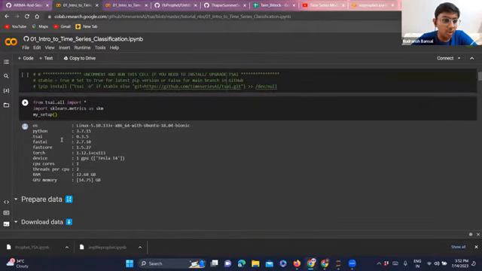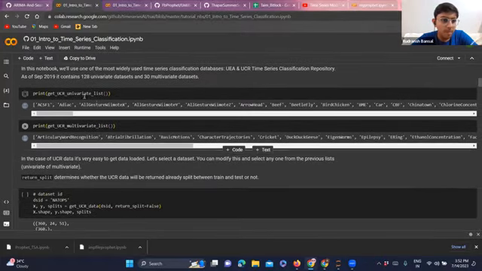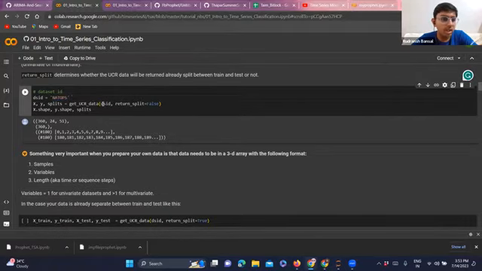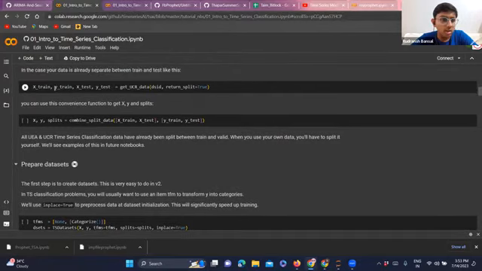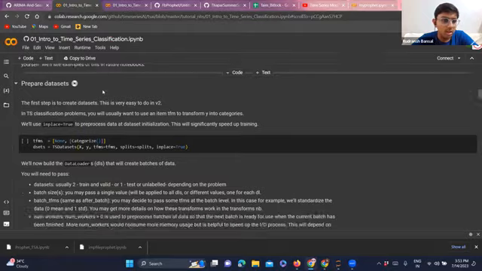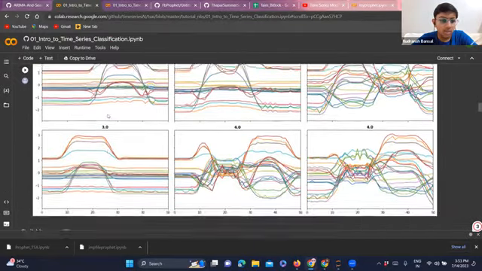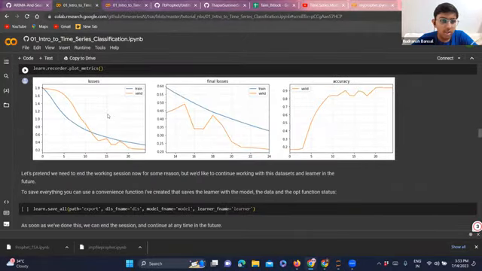You can see we're just importing the data. Fast AI, fast core. Okay. This is the list of all those datasets which they're having. We'll be using one of these datasets. They are using the any tops datasets. Splitting the data into train and test. They're visualizing the data. So if I could show you the results, what the results look like.